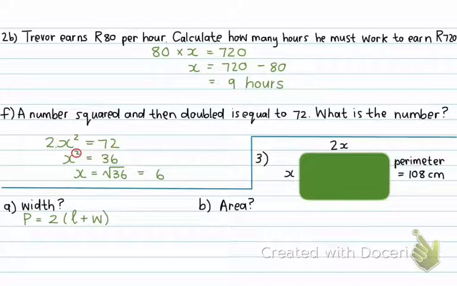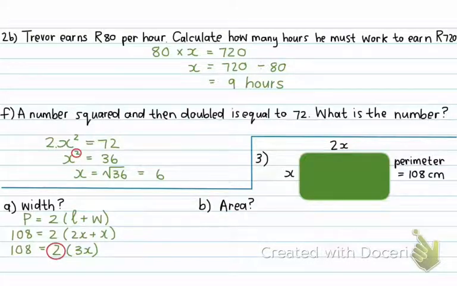Okay, and we know what the perimeter is. The perimeter, they tell us, is 108 centimeters, so we fill it in the place of the perimeter. The length, we know, is 2x, and the width is x. Now, 2x and x, they are like terms, so I can add them. 2x plus 1x is 3x,